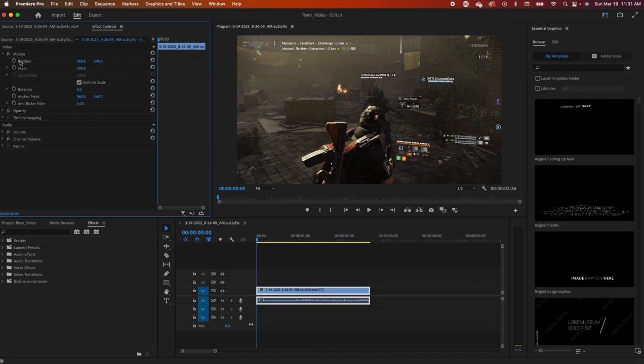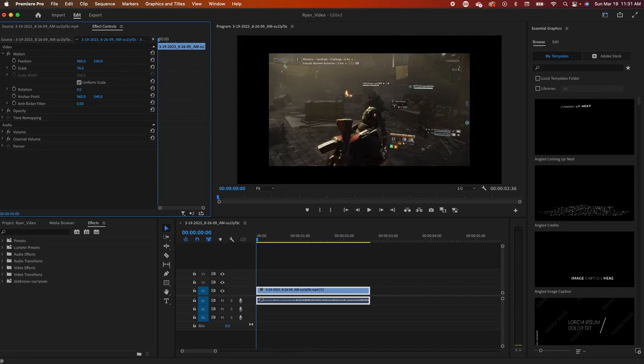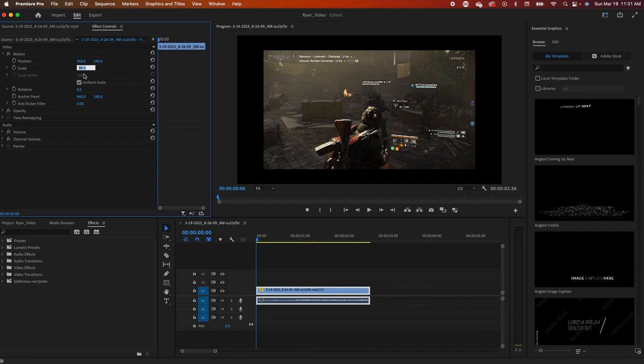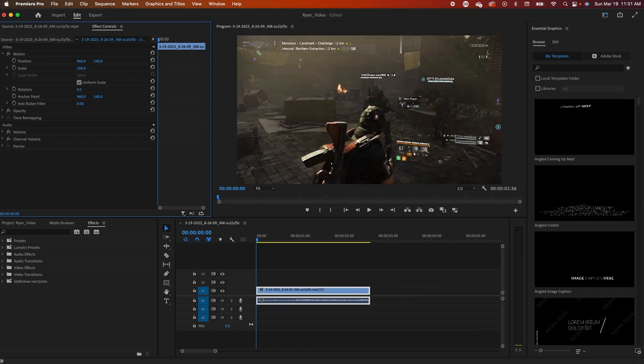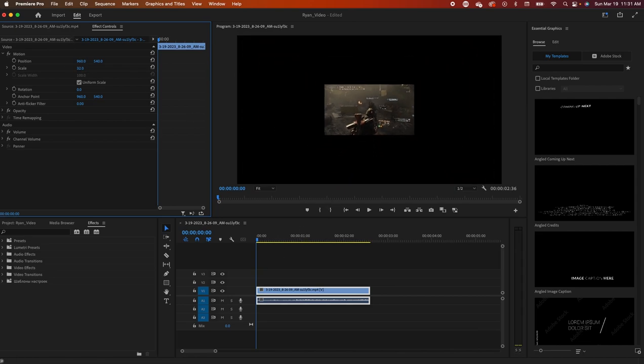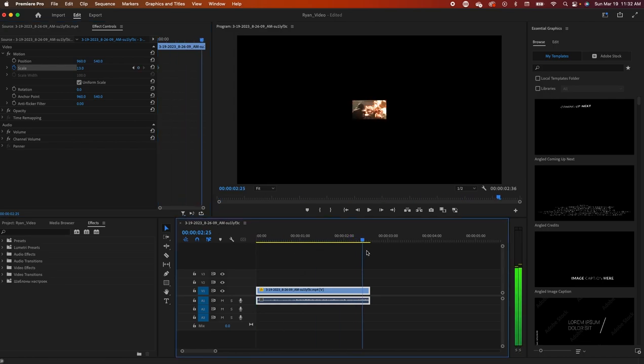You can scale it up. So like you can make it bigger, smaller, whatever you want. Okay. You can left click and drag. I'm going to just go back to 100. Now say you want it to start out small, like this small. Well, you want to left click toggle animation. So it's going to start at 13% and say at the end,